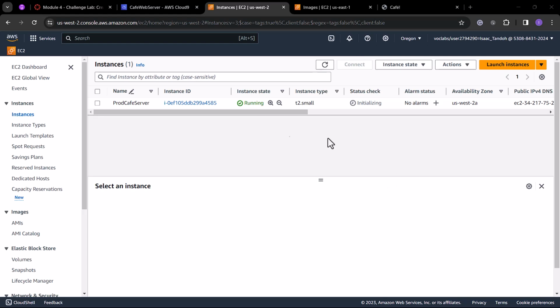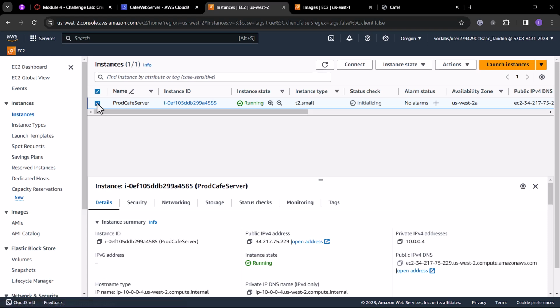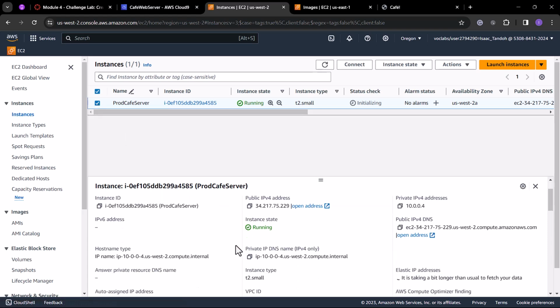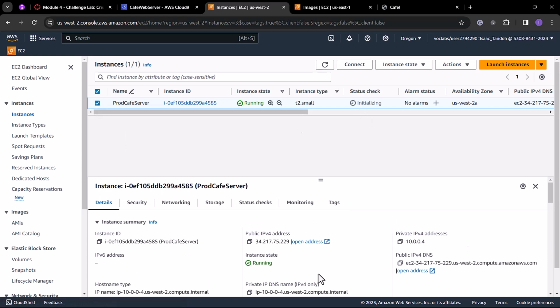Welcome back. Even though our EC2 instance status check is not 2 out of 2 passed yet, we need some basic information, that is the region as well as the public DNS address. That is what we need to do certain configurations. We need to create Systems Manager parameters in the new region. We realize that we had the parameters in the old region, so we need to create them in the new